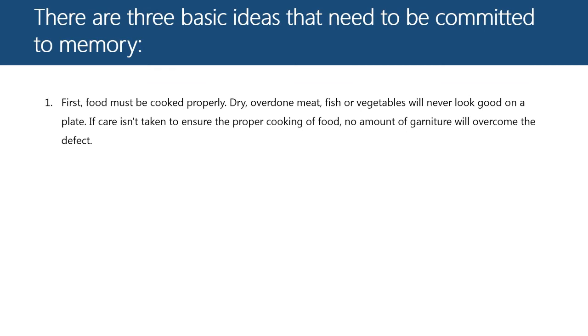There are three basic ideas that need to be committed to memory. First is, food must be cooked properly. Dry, overdone meat, fish, or vegetable will never look good on a plate. If care isn't taken to ensure the proper cooking of food, no amount of garniture will overcome the defect. So it only means that we should always cook